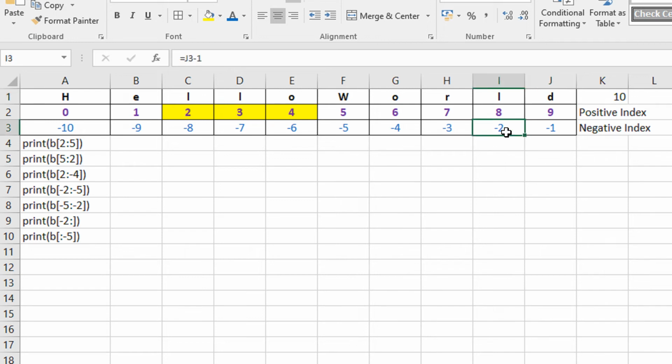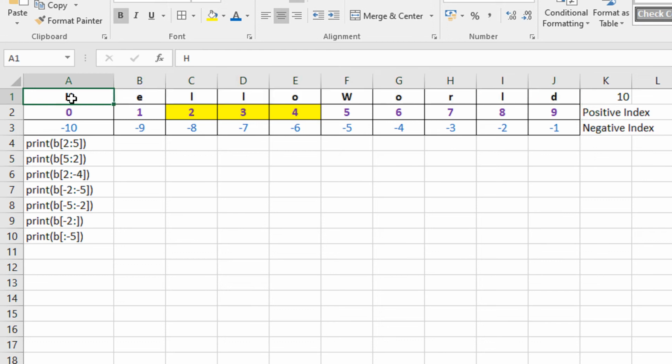Then -2: basically you add -1 to this, and you get L as your second last character. The third last is -3, the fourth last is -4, the fifth last is -5. The nth last is -n. So for example, when I have a 10 character string, I can refer to the first position by str[0], or by str[-10].